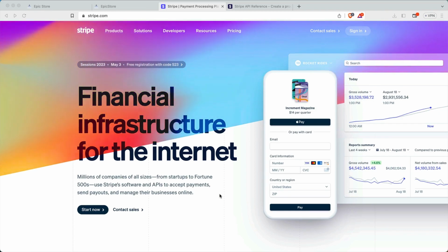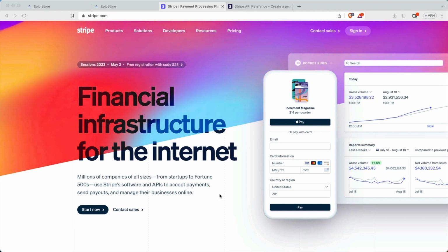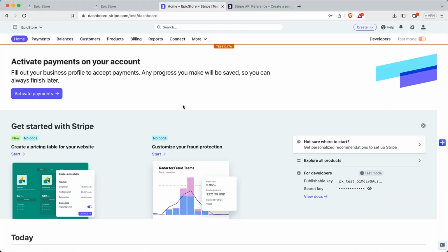So we'll see how to do that in just a bit, but first we need to create a free account at stripe.com. So go there. If you don't have an account with them, make sure to create one. And once you've done that, you'll be taken to your dashboard. Just give your store a name. You don't need to provide all of the information that Stripe is asking for. You can do that at a later step if you want to sell products using Stripe